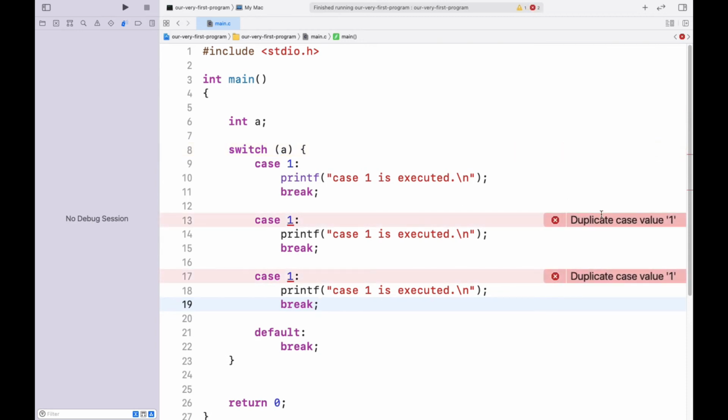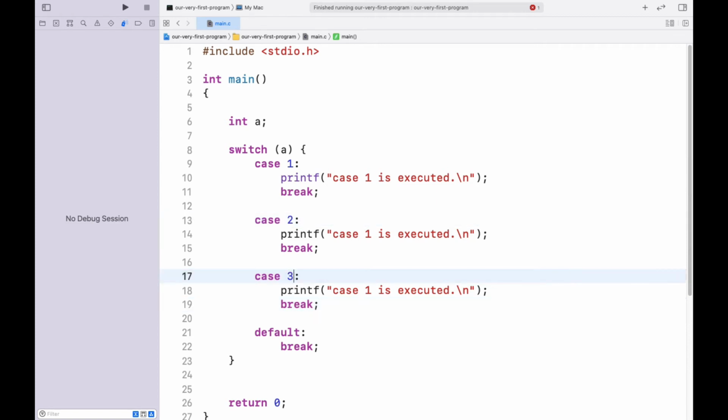You can see here we are getting a duplicate case in the value 1 because we cannot have the same name for the value. And it is not like you need to follow the ascending order. You can follow any order. You can give it 2 or maybe 3, or you can even name it as an ampersand sign, and anything will work, but in case of ampersand you need to mention that in quotes so that it gets specified that it is a character itself.